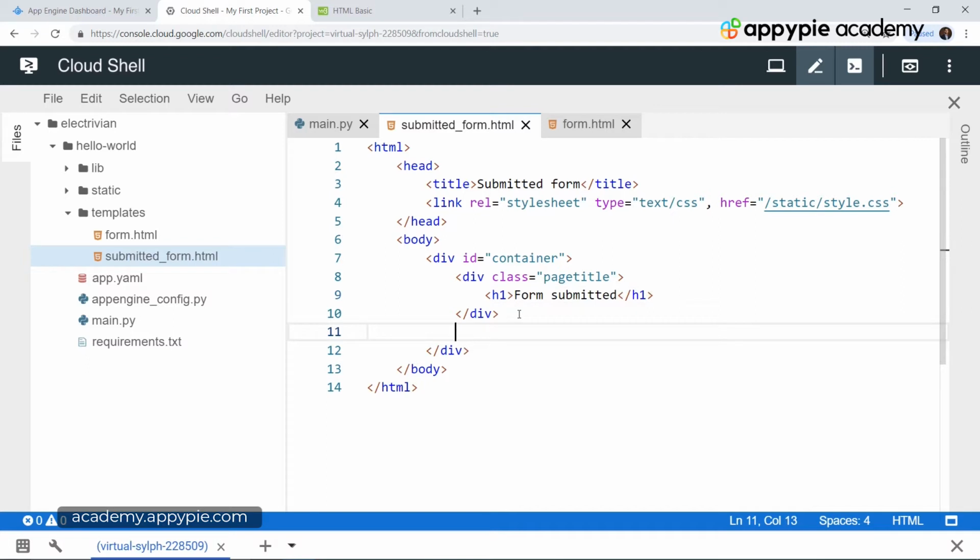Okay, so now after adding the form submitted h1, we have a new div. So we have a div followed by a closing tag on the div. Now this div again has the id of main.